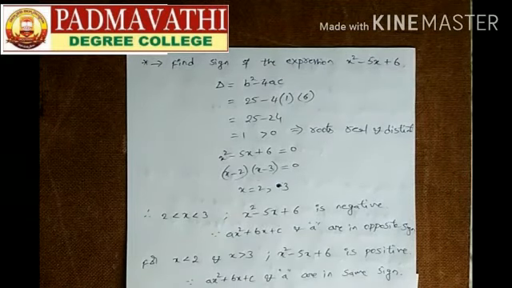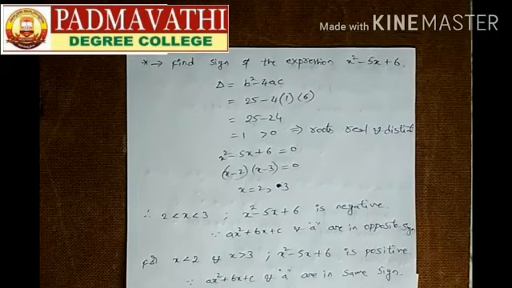Right. Now I am taking this quadratic equation, x square minus 5x plus 6 equal to 0. We can write it as x minus 2 into x minus 3 equal to 0. Means the roots for this quadratic equation are 2 and 3. x equal to 2, 3. Right. Now we can write by using the theorem statements. For all 2 less than x less than 3, means in between the two roots 2 and 3, the expression value will become negative.